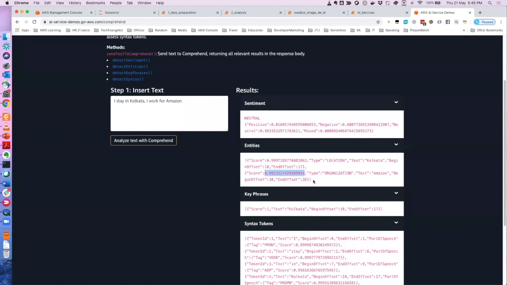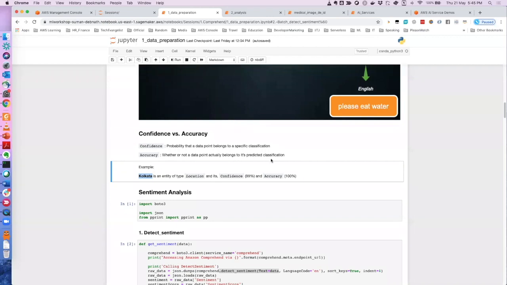Because as a software developer, what you will do is take this JSON response and filter based on the confidence score. The machine might predict something which has very low confidence, so you will filter that. You will not take everything. You will take everything which has a score of more than 90%, so that your application is more accurate. Machines are not always correct, so you need to be careful about that.